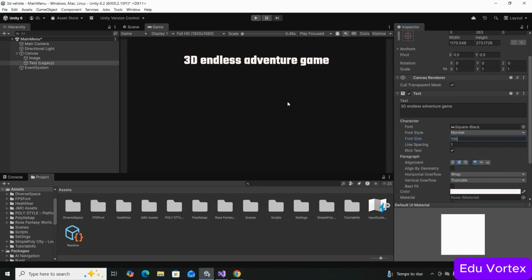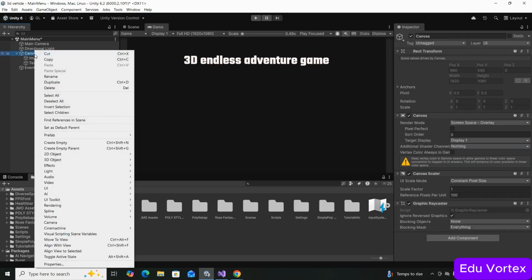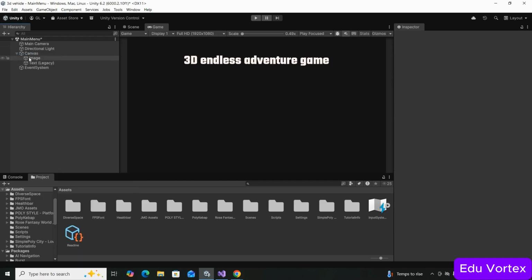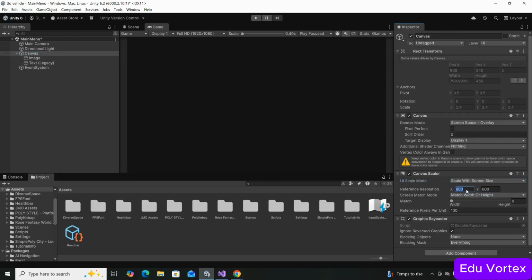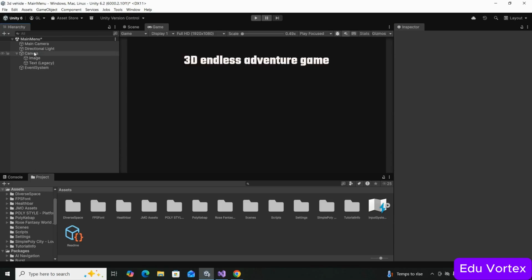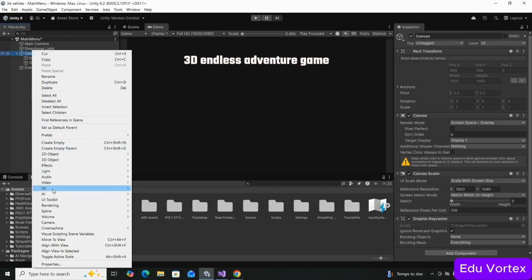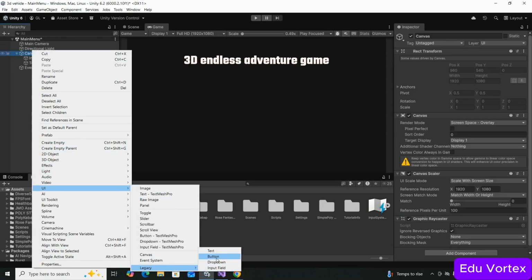Okay, now we need to have two buttons. One will be for starting our level, starting our game, and one will be for quitting our game. So in the canvas, let's right click. Oh, by the way, in the canvas, let's change UI scale mode to be scale with screen size, 1920 by 1080. Okay. Now in the canvas, let's right click, UI legacy button,